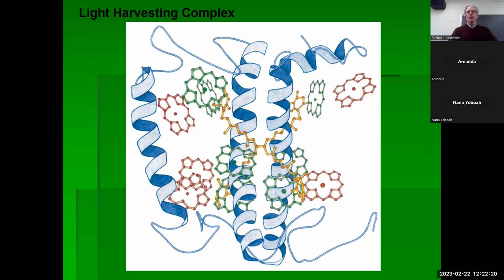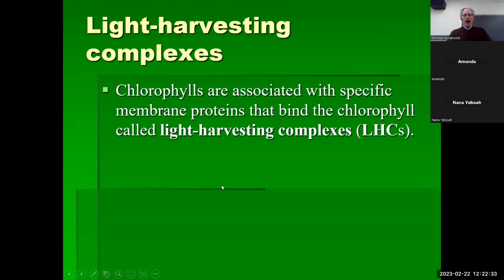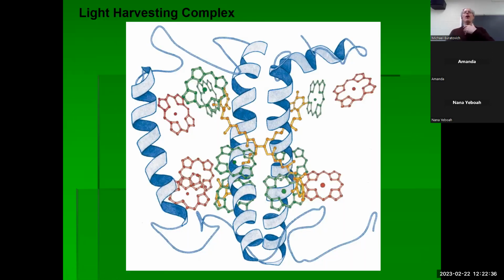So chlorophyll absorbs at these two extremes, the blue extreme, a little bit less than the red extreme. These accessory pigments essentially cover the holes. And so even though the plant and the bacteria can use all the visible spectrum,